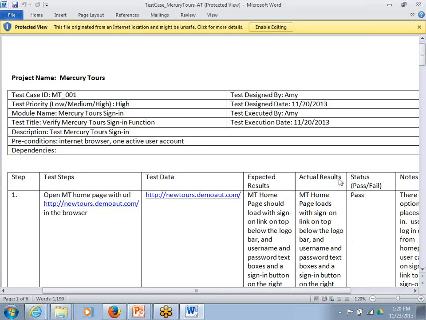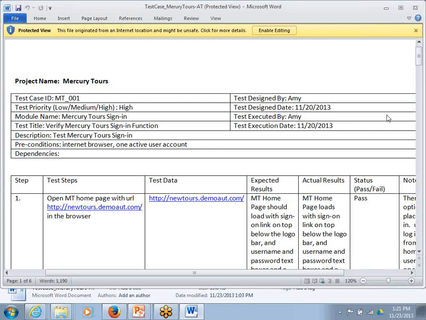Okay, so I have two test cases. The first one is Mercury tool sign-in function. In this test case I have several steps. The first step, the homepage should be open. So open the Mercury tool homepage with this URL in the browser. The test data is just the link, the URL. The expectation is the homepage should be open with all